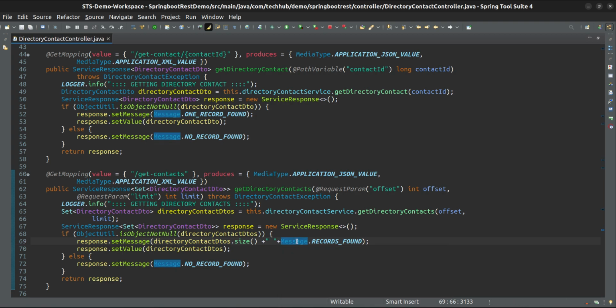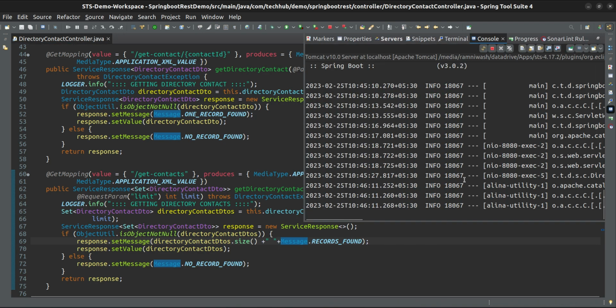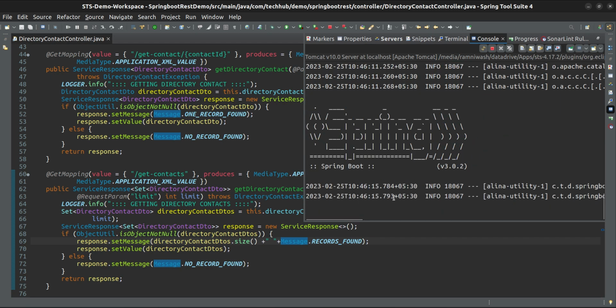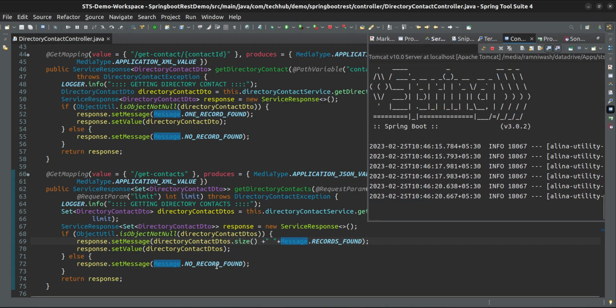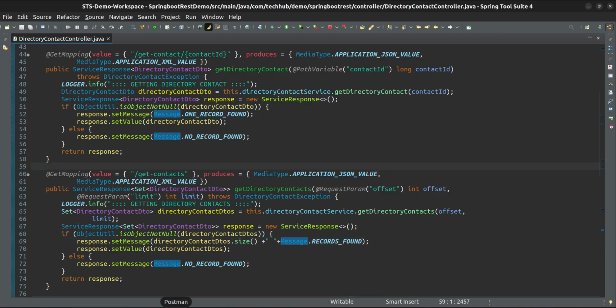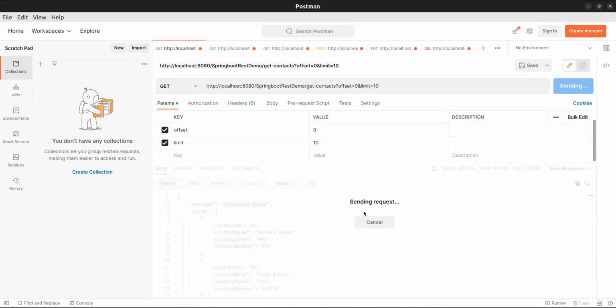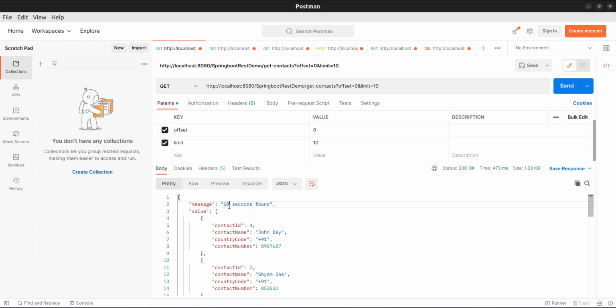The external Tomcat server will automatically restart the application whenever you change .java files. After this you can hit this request. Yeah, now this is saying 10 records.